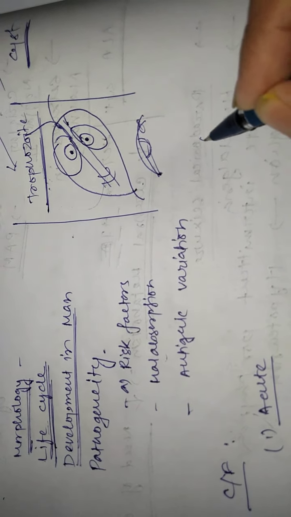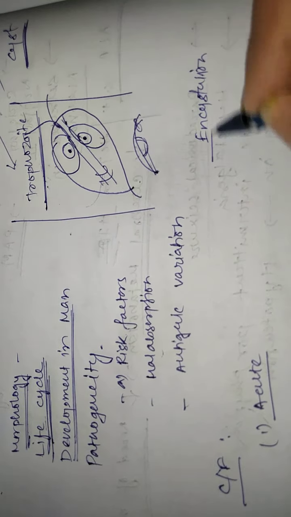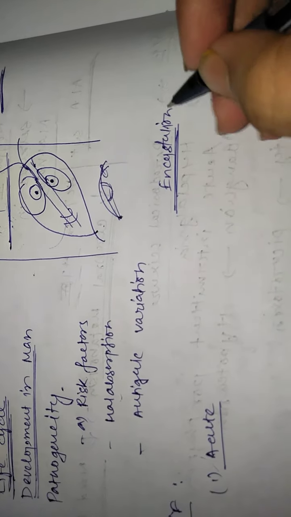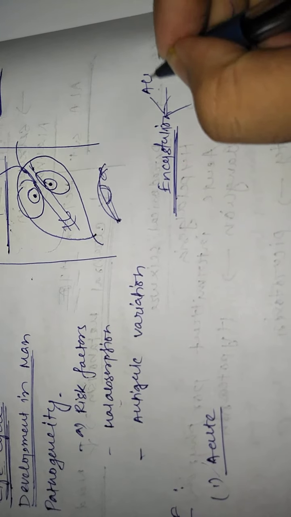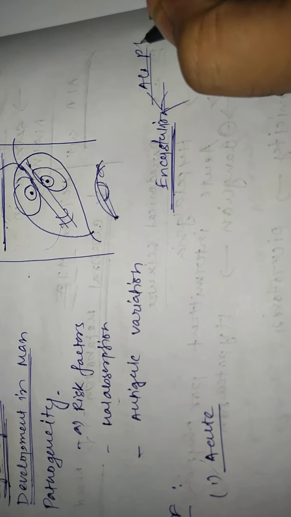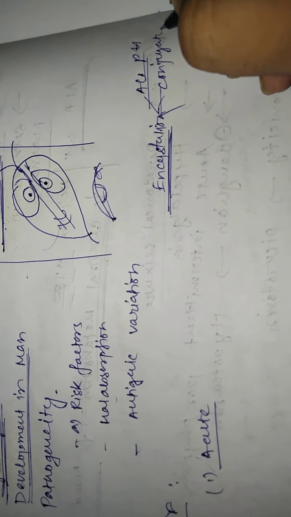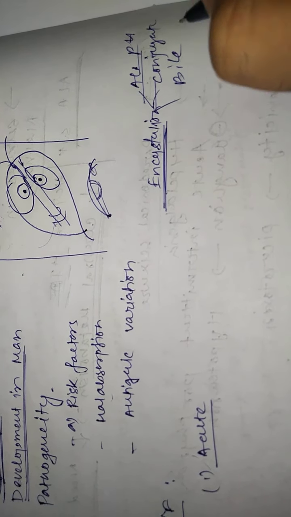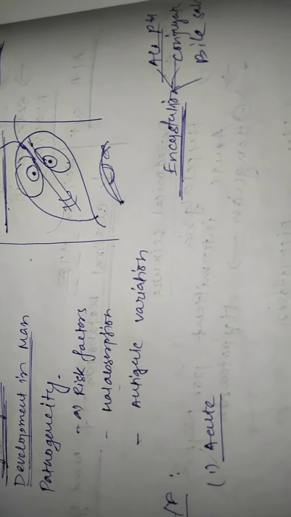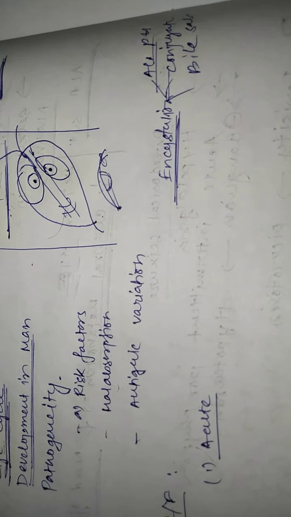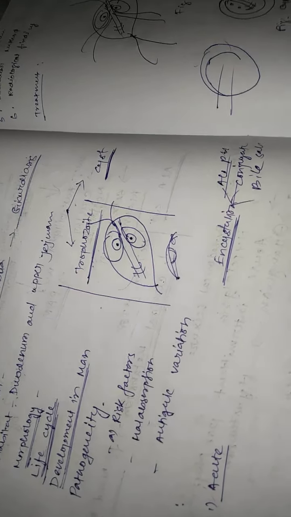Now the process of encystation is promoted by some factors like alkaline pH in the intestine, right? Alkaline pH and conjugated bile salts, which are mainly present after the duodenum. That is why the encystation process occurs after the duodenum, right? So the encystation process occurs, and there are